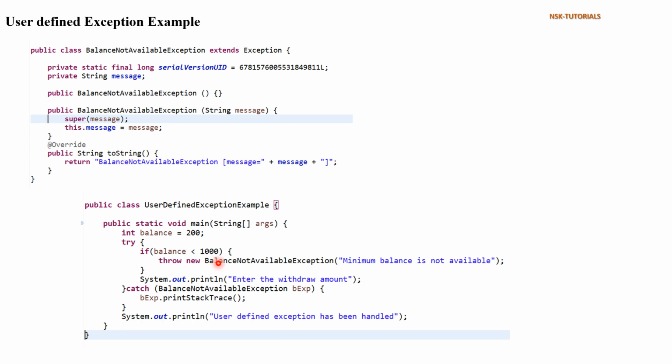Let's come to the invoking area. This is my other class, the user-defined exception example class. Here inside the main method, I am initializing the value with 200. My balance is 200, and inside the try block, I check if balance is less than 1000, if I am trying to retrieve the balance,